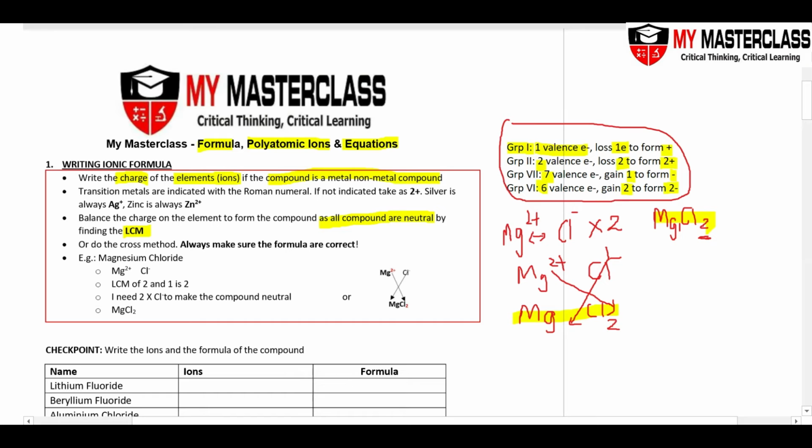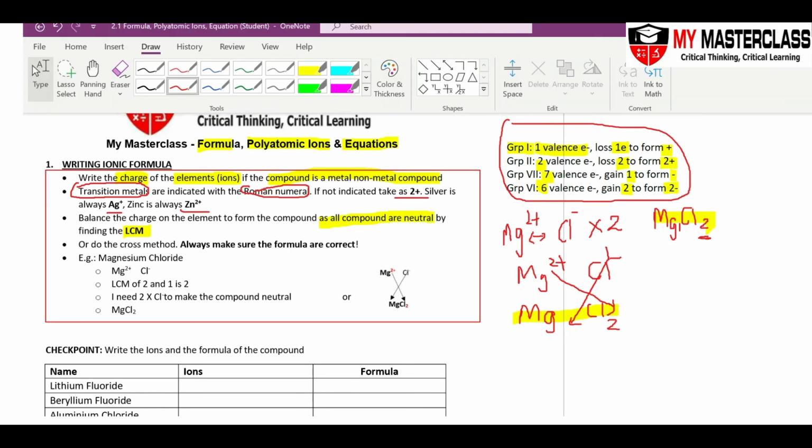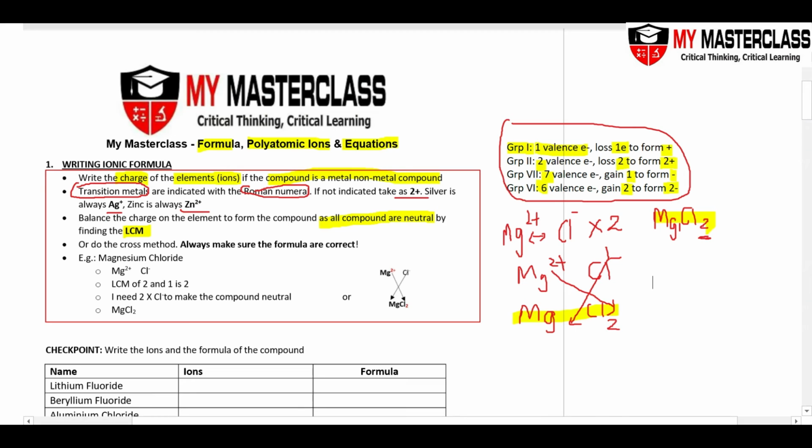Those elements without a group, we call them transition metals. There's a block in your periodic table that doesn't have a group number. It's called your transition metal. Transition metals are usually indicated with their Roman numeral. If it's not indicated, take it as 2 plus, and you have to know silver is always plus 1, zinc is always 2 plus. So in an example, if the name is